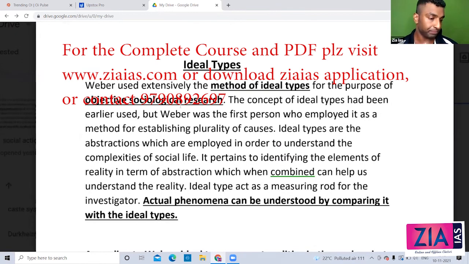Okay, guys. Weber used extensively the method of ideal types for the purpose of objective sociological research. The concept of ideal types had been